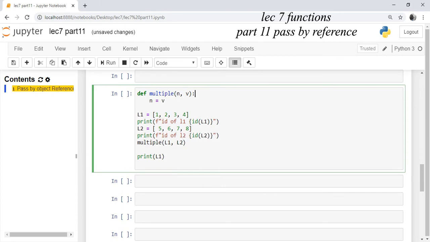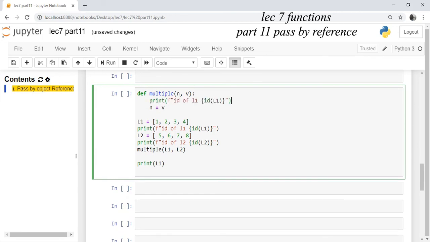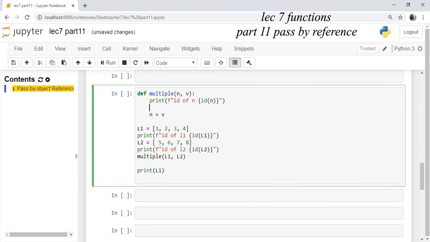Now what we do, we print the id of n, which should be the same as L1. Now we print the id of v, which should be the same as L2.